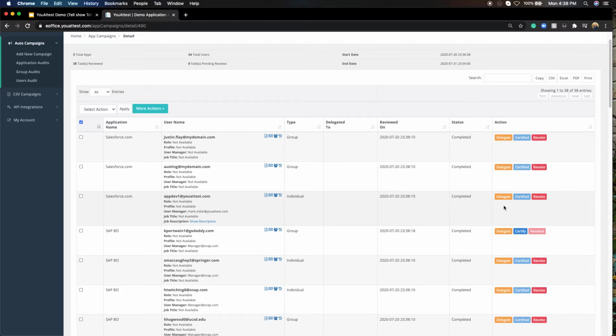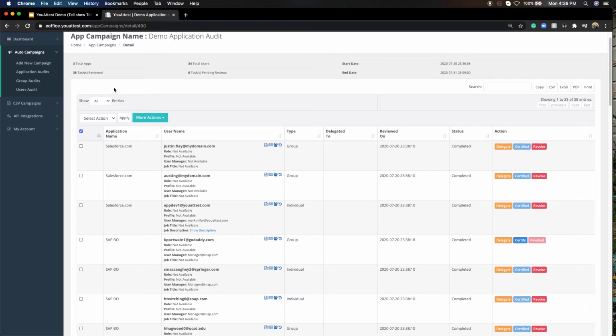From this point right here, the person who is responsible for reviewing that application and that user will only see the parties that they have been delegated out to. They won't be able to see any other campaigns or perform any other actions on other users that are not assigned to them. Once we've done this,